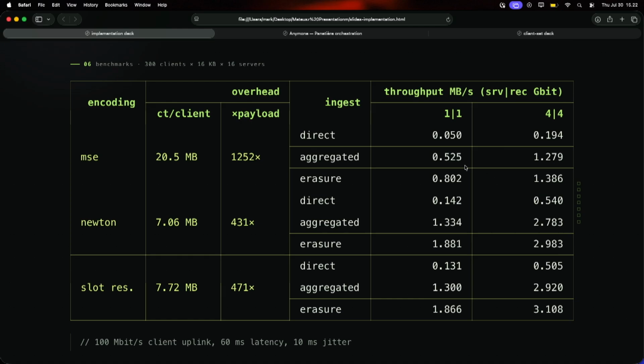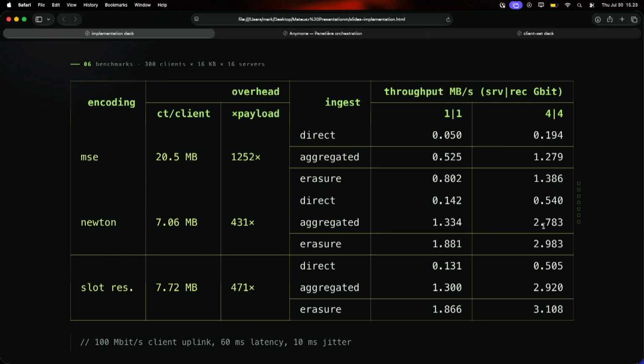But if we start using the tricks, for example, aggregation, where we have a separate set of parties that clients send to, and all they do is add the ciphertexts, so you don't see any of the cryptographic material, at least any of the keys. You just add the ciphertexts together. Then that already improves quite a bit. We can go all the way to almost 3 megabytes per second with 4 gigabit links, which is standard bare metal networking instances that we're talking about.